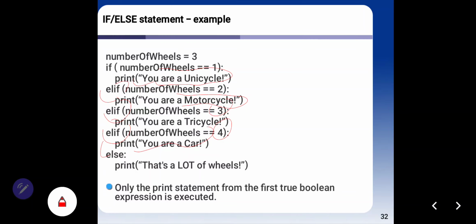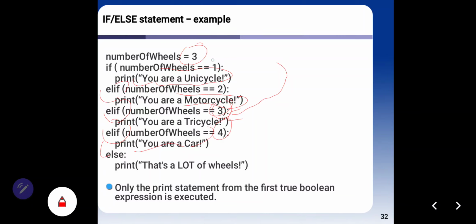You can check here number of wheels is 3, so you will see the result of this code is: you are a tricycle, because number of wheels is 3. Only the print statement from the first true Boolean expression is executed.